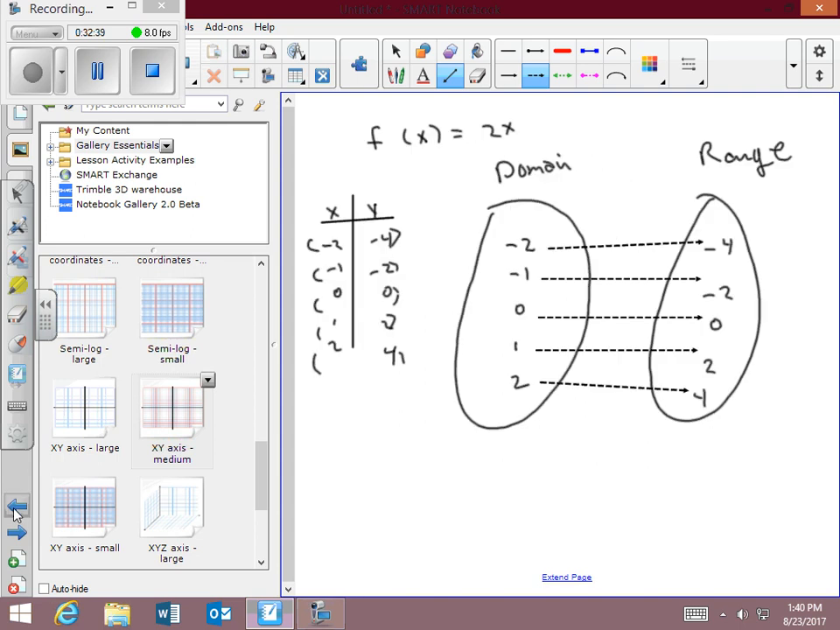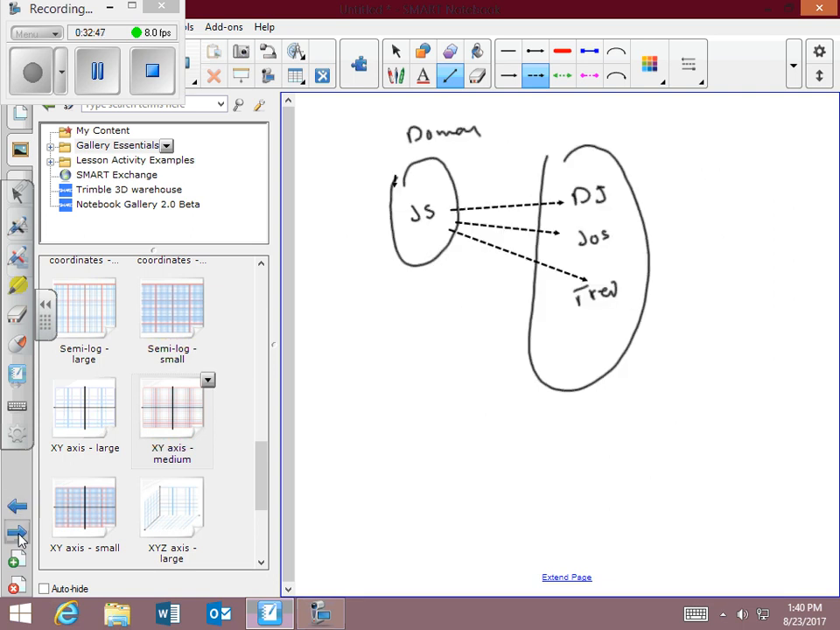I said, that's a function. You see there's only one tail on each one of those domain values, right? Not a function, multiple tails. If we switch those two things around